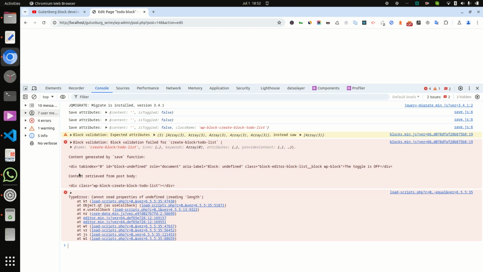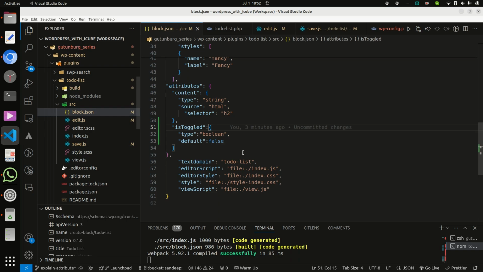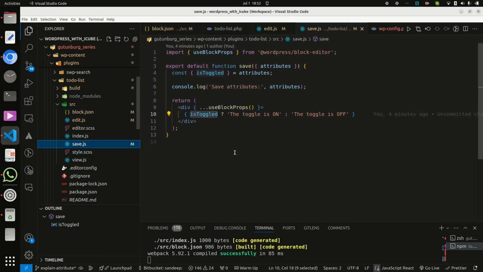It shows a div with tab index 0 and id block undefined. So it is showing something inside the div, and the toggle is on, etc. So go to save.js, and the issue is coming from here.